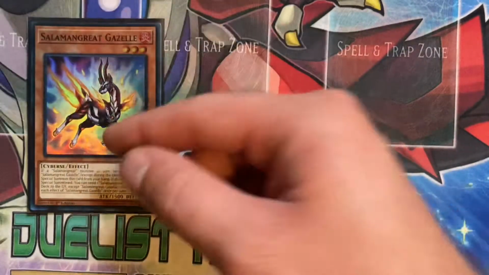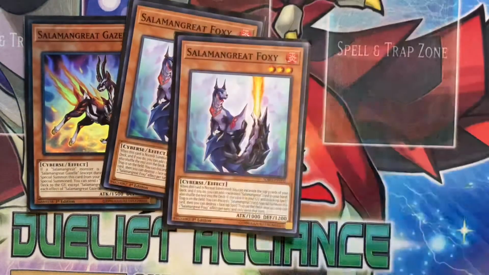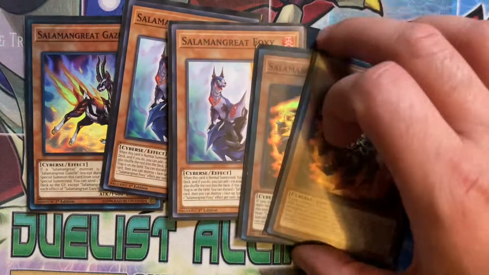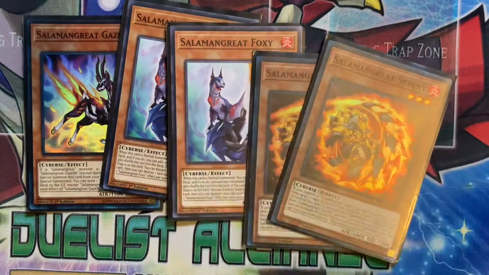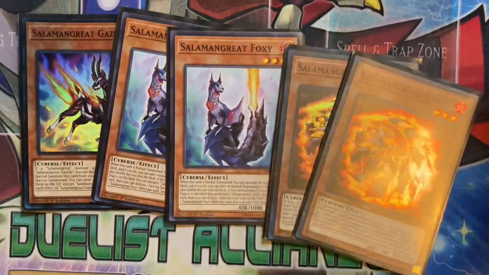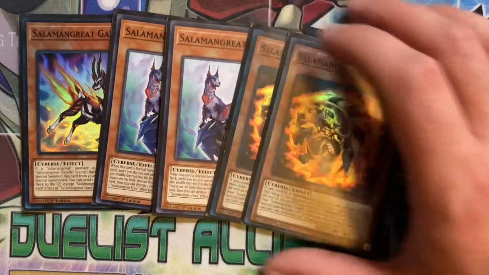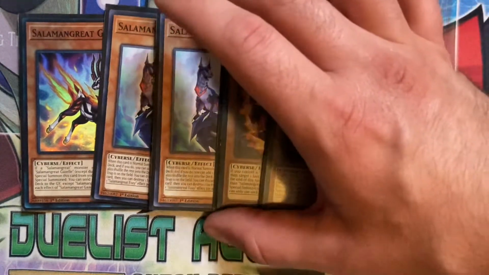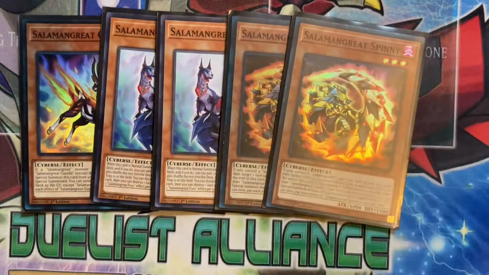Starting with one copy of Salamangreat Gazelle. That should be fairly obvious. And then we're only running 2 copies of Salamangreat Foxy and 2 copies of Salamangreat Spinny. See a lot of lists that are running 3. Listen, I've tried 3 of this, especially because you get this one, turn into Balinks, and if you have another one of these copies, they synergize actually with each other. But this deck just doesn't really need to run as many Salamangreat cards as possible so it can gain the